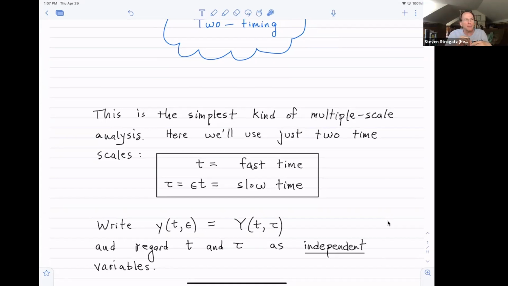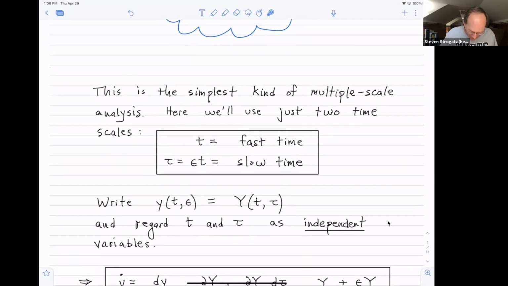I don't happen to know the proof that it gives asymptotic results. I've never been curious enough to look that up or think about it. I probably should. But anyway, we're going to just operate very mechanically, pretending that t and tau are independent. And you'll see that everything works very nicely, but it's an interesting theoretical issue to explain why this works as well as it does. So let me clarify what I'm talking about.